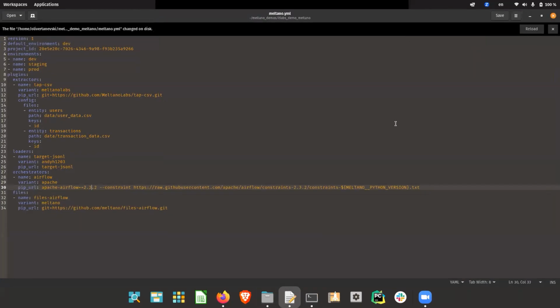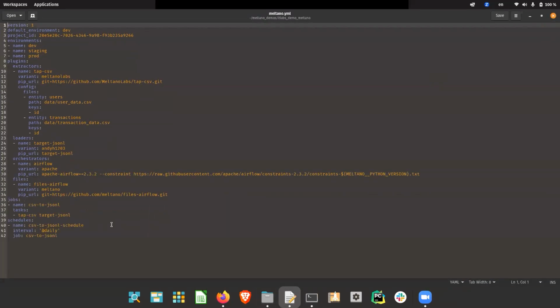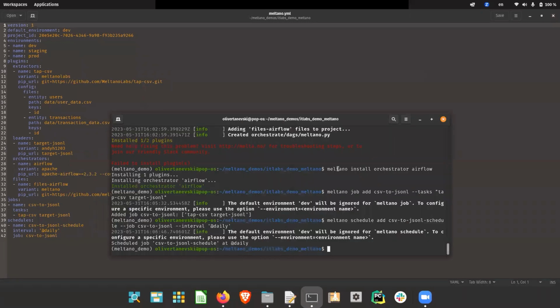So if we open the Meltano YAML again, we will have all of this information over here. And if we don't like something, we can either manually change it or we can change it by the command line. And one final tool that I want to show is, so we can have this pipeline run locally, but we also need to reproduce this pipeline on some server as well. So Meltano has this option to create a Docker file for us, that we can easily later on distribute to another system and build this Docker file and run our pipelines on that system. Meltano add files,